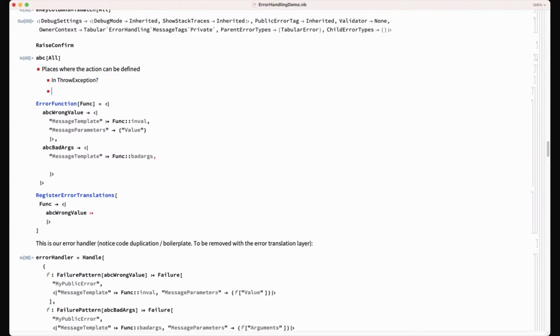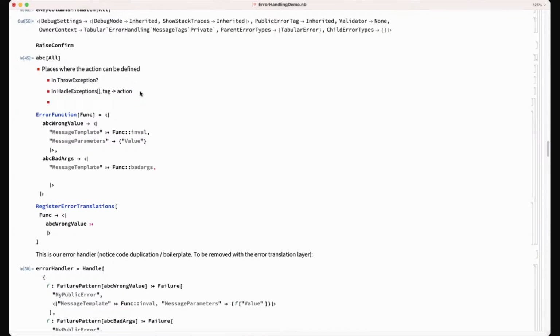Okay, next place. In a particular handle exceptions, you can give tag arrow action, right? Yeah, that's what you're doing, right? Okay, next case is for a given tag. You can say anytime that there are two things.